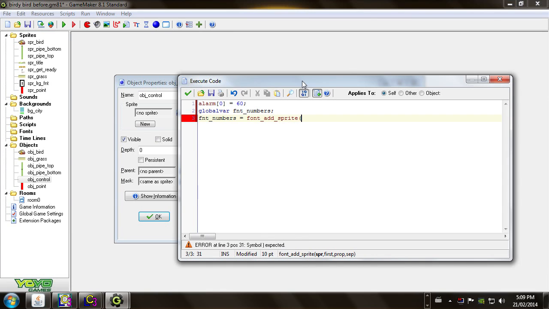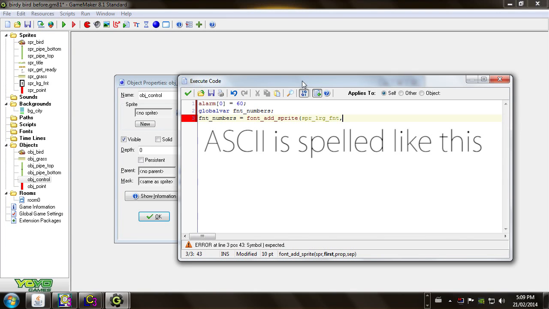Okay, and then we're going to open a bracket, and then we're going to say the name of the sprite. In this case, it's sprite large font. And then we're going to do a comma, and first is the first character in your sprite. What you're going to want to do is look up the ASCII character value of whatever the first letter is in your sprite, and just Google ASCII, and it'll give you a bit of information on what number